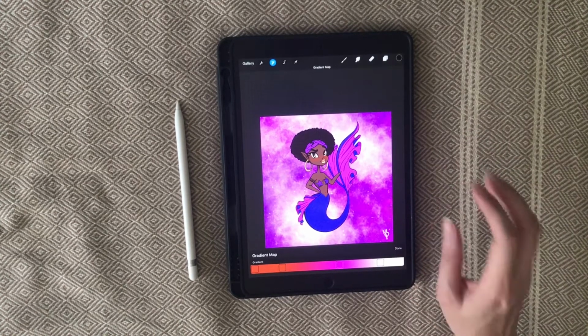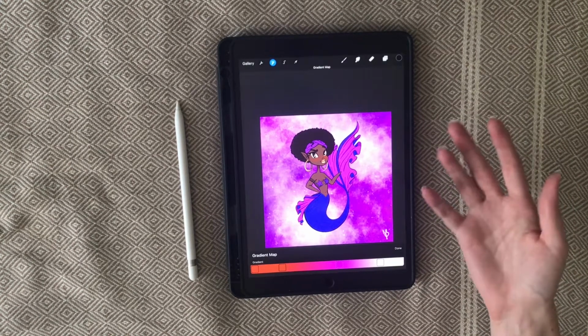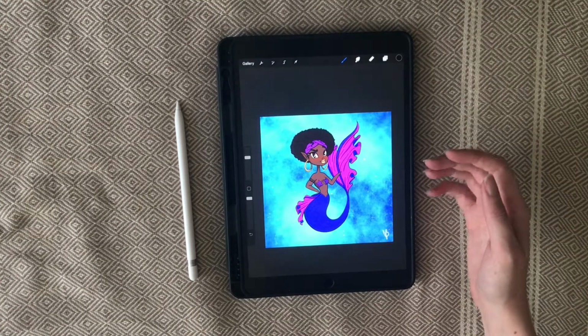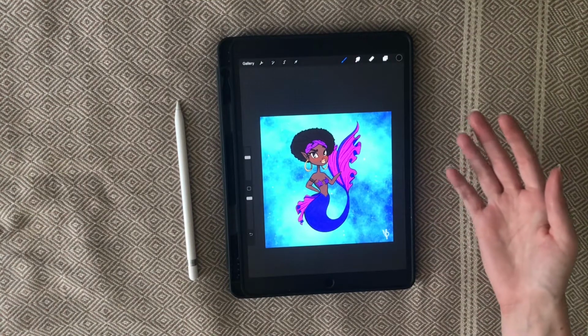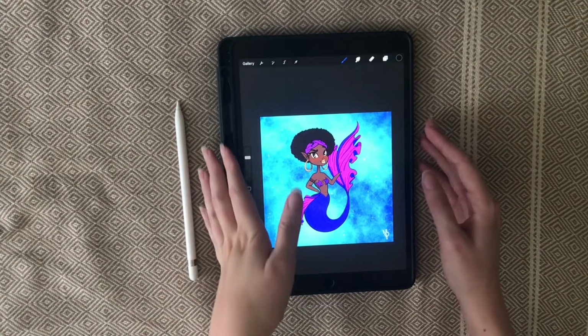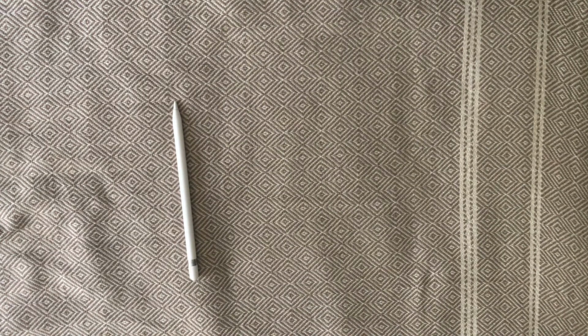Now, alternatively, you can use this on images of yourself. So if you actually had a photograph, you can import a photograph into Procreate and change it up from there. So give me 1 second. I don't want to share my photo gallery because I have images of friends on there that I don't have their permission to share. So I'm going to go ahead and start a new canvas